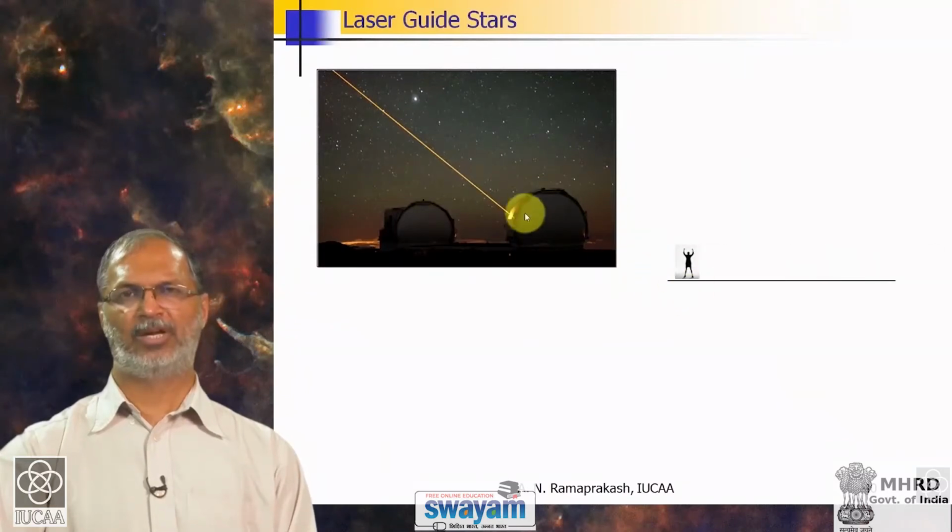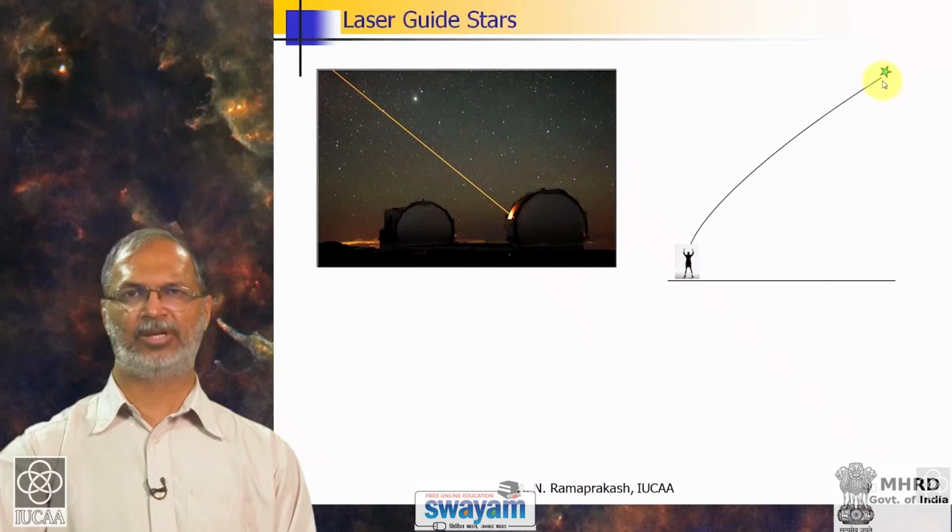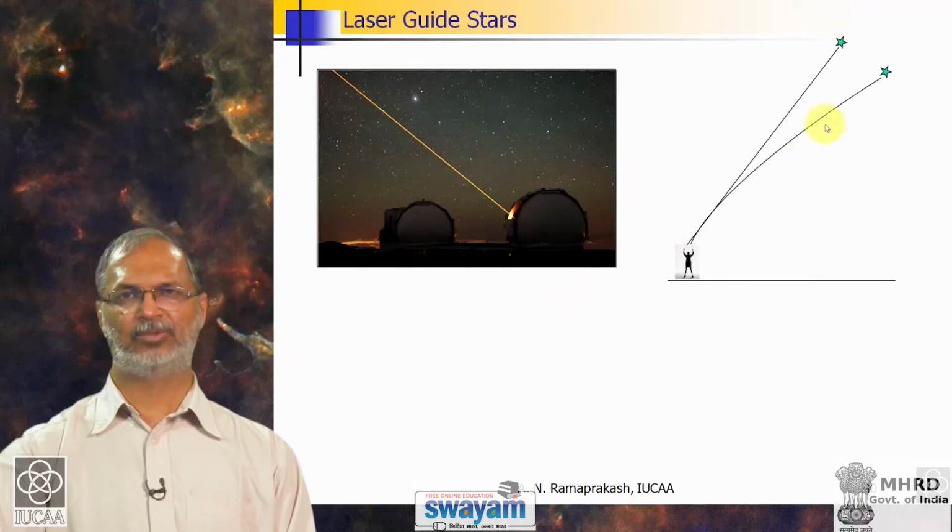One problem with this approach of using an artificial guide star is the following. Any light passing through the atmosphere, because the density of the atmosphere changes as a function of height, would bend. This is called the refraction of the light as it passes through the atmosphere. Now, if you shoot a laser from the telescope, it will travel through the atmosphere in a curved path and come back through the same path, which means you are not able to measure the overall